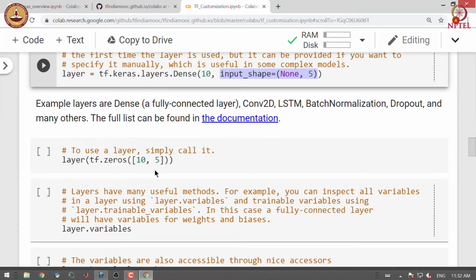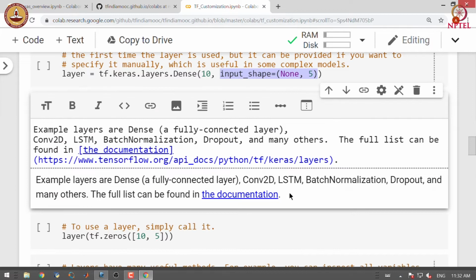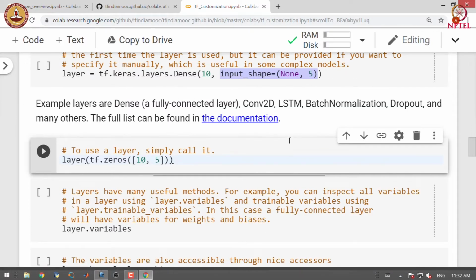There are layers like the dense layer, which is a fully connected layer, or Conv2D layer, or LSTM, batch normalization, dropout, and many other layers already defined by Keras.